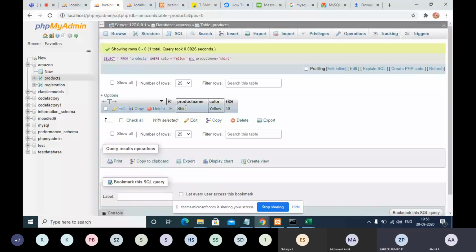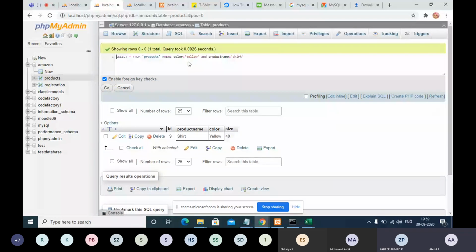Okay. So now what I'm going to do is the color can be yellow or the color can be red. Guys, if you don't understand, please ask me. Otherwise, this is very basic, and very important for your career.